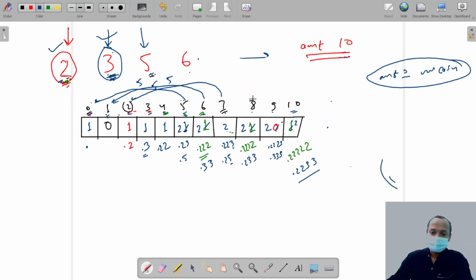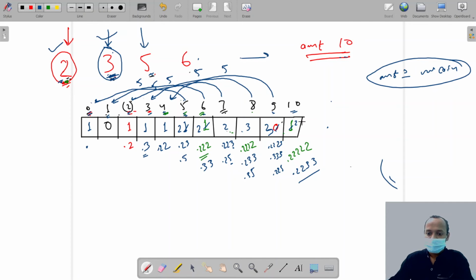Now if you are talking about 8, we are using 5, then we reach 3. We can see here is the way to pay 3, that is 0.3, and we are adding 5. So now the total ways to pay 8 rupees is 3: 1, 2, 3, right? Now we are at 9. We are using the 5 rupees coin. Now the amount left is 4, and there is the way to pay 4, that is 0.22, and we are adding 5. So now the total ways to pay 9 rupees is 3.